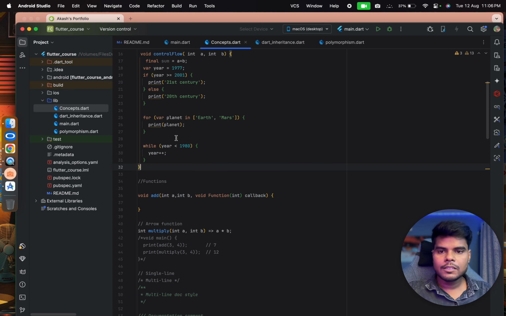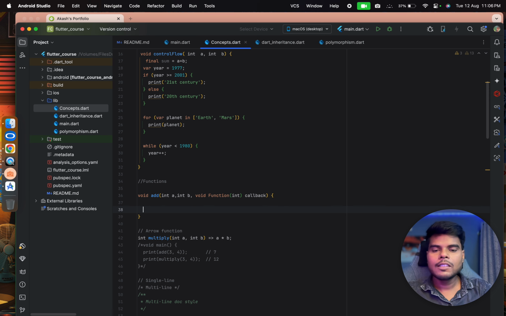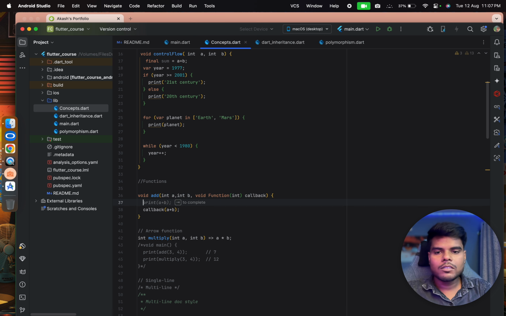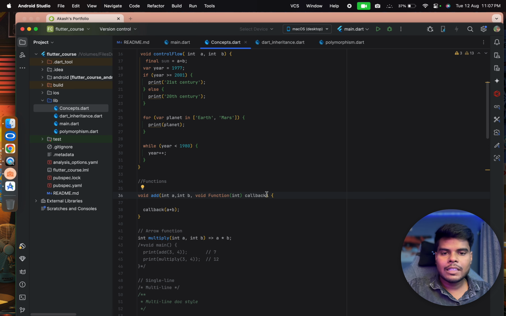Okay, so how to use this? So we want to return the sum, simple. So whatever is being, like, do some network call, something like that, and we get the response in the future. So we cannot return the calculated value. Either we return the future, use async await, we will talk about it. Either we can pass a callback function and we can simply perform some operation and calculate the result and call